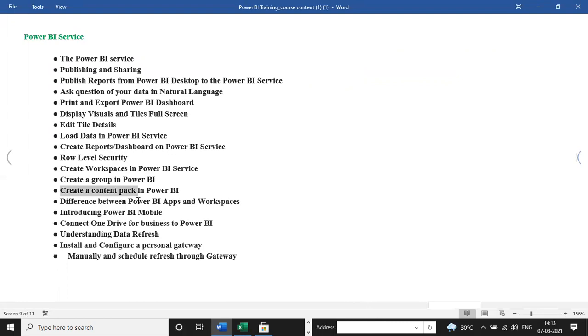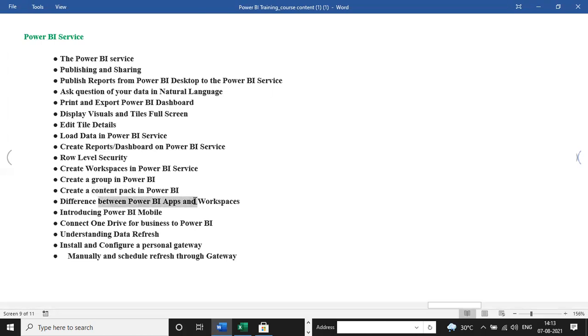Create a content pack. Content pack means something like a group. Content means you reshare just a smaller piece of content with a person. Suppose in finance there are multiple contents, but you need to share just your small content.